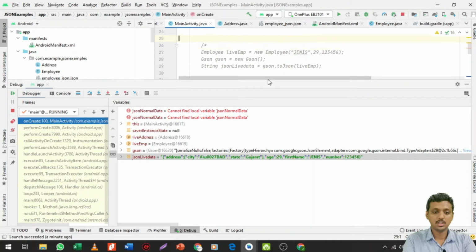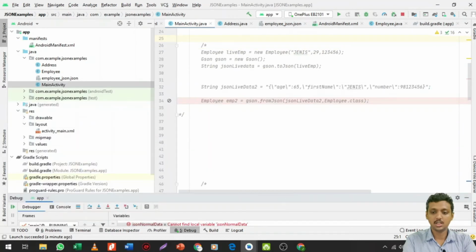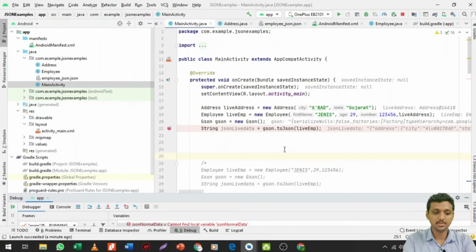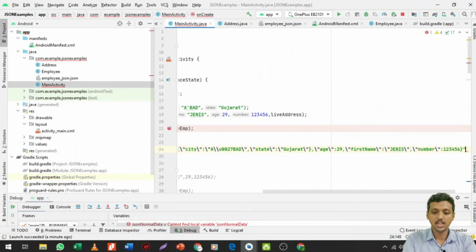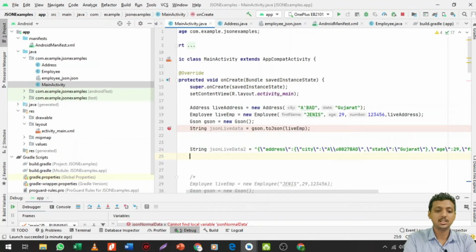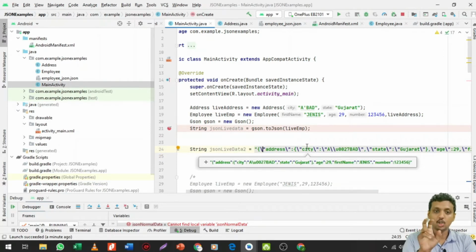So now let me bring it down, go up to this, and take another string like jsonLiveData2 is equal to the string, copy and paste. See, the backslash is automatically added to all these double inverted commas.